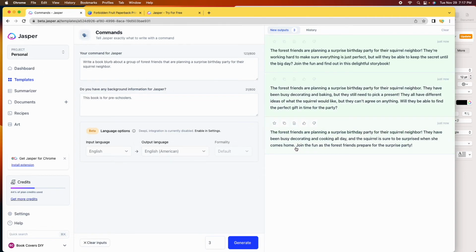Okay, let's read the last one. The forest friends are planning a surprise birthday party for their squirrel neighbor. They've been busy decorating and cooking all day, and the squirrel is sure to be surprised when he comes home. Join the fun as the forest friends prepare for the surprise party. So this is just, 1 and 3 are more basic, like just getting everything ready and hurry and keep it